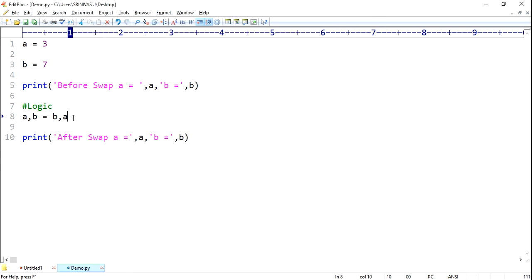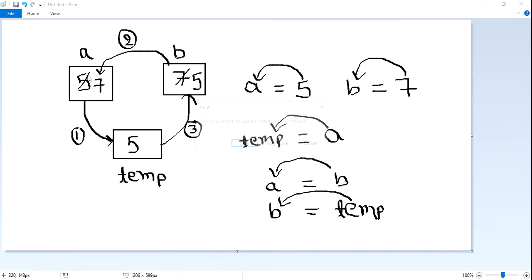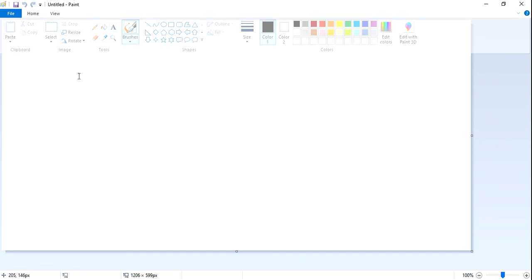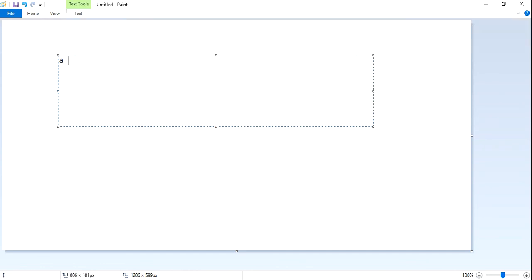What is happening here? That is very important. Multiple assignment is possible in Python. It is performing a comma b equals to b comma a.